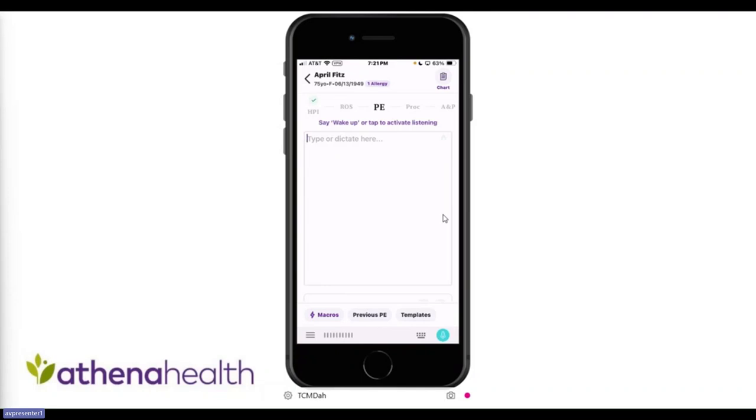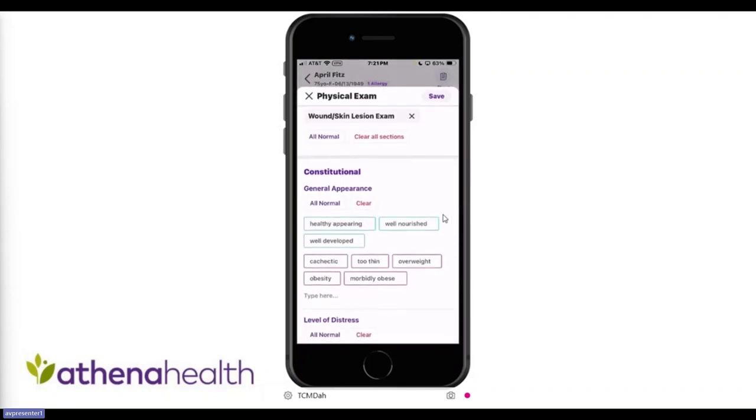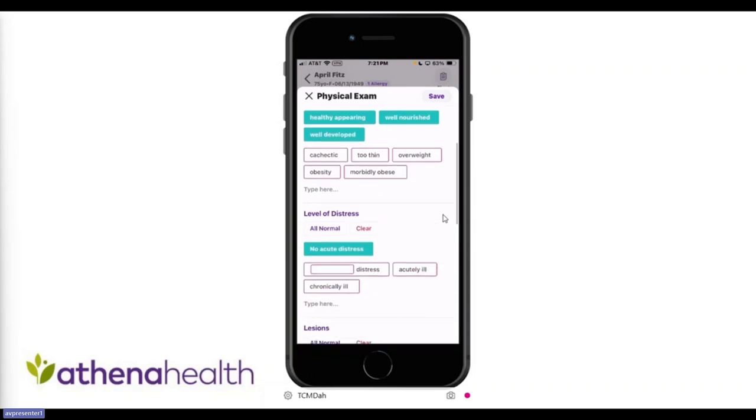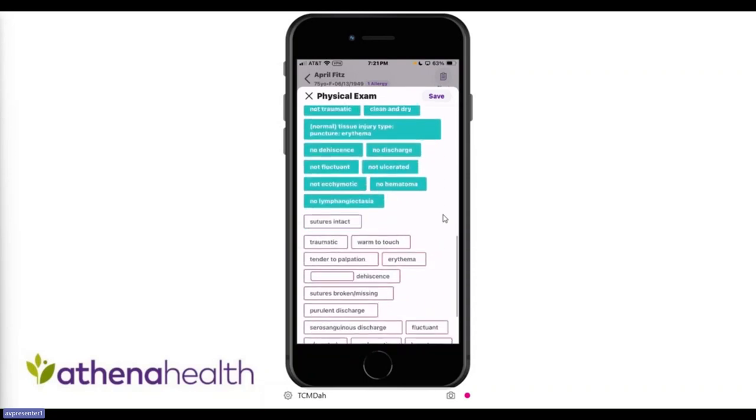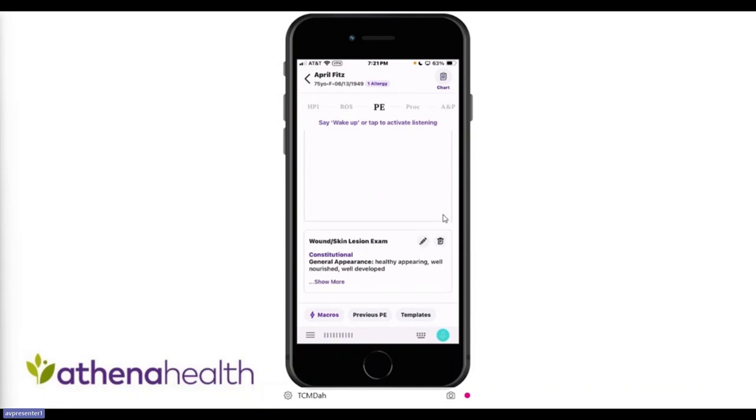If I'd like to, I can utilize a template so I can mix and match my documentation styles here within the mobile app. I'm not just restricted to voice, so I really want to make that clear. And personally, I also find it very easy to complete physical exam documentation using templates. As for her assessment and plan,